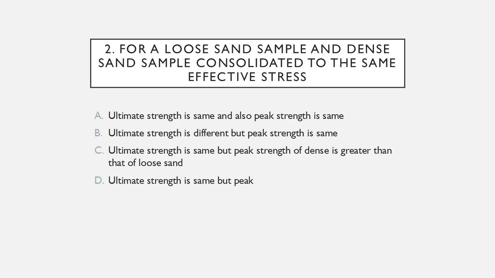2. For a loose sand sample and dense sand sample consolidated to the same effective stress: A. Ultimate strength is same and also peak strength is same. B. Ultimate strength is different but peak strength is same. C. Ultimate strength is same but peak strength of dense is greater than that of loose sand. D. Ultimate strength is same but peak